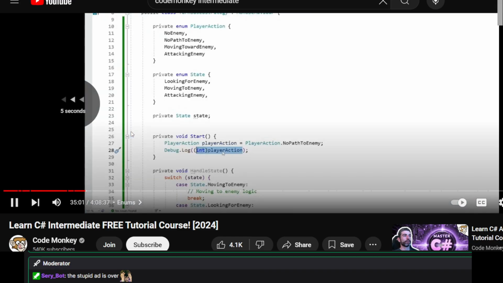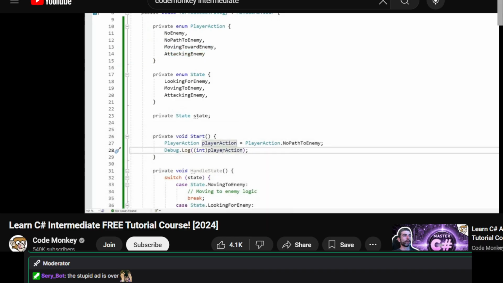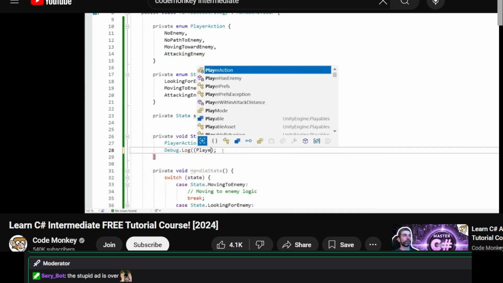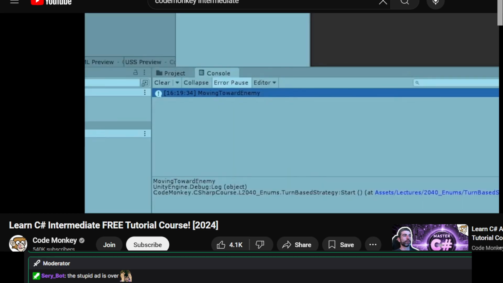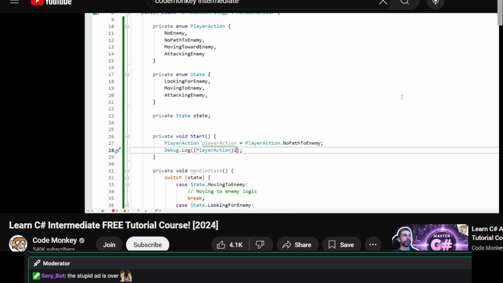And you can index 0, then 1, 2, 3, and so on. And you can also do the opposite. So we can, for example, cast onto a PlayerAction the number 2. And casting the number 2 onto our enum does return MovingTowardEnemy. So due to how enums really are stored as ints in the backend,